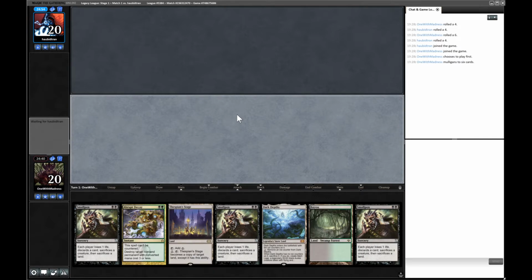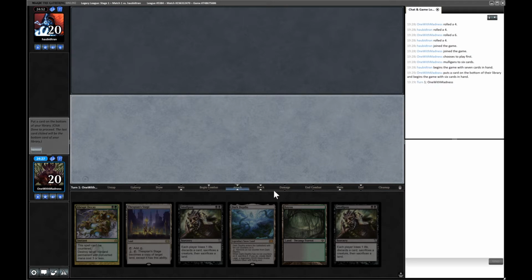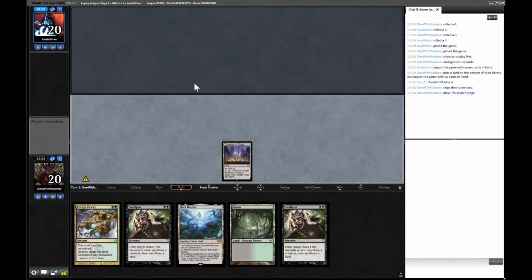It's pretty bad, pretty bad. We only have 1 black source. I still think we have to keep it. We can play our lands out. Hopefully we draw another land and we get rid of a Smallpox. I don't want to go further down. I'm going to start with Thespian Stage. I'm giving up the whole game plan, but